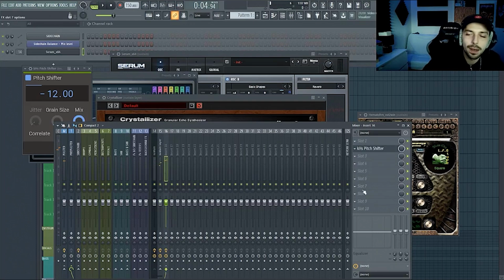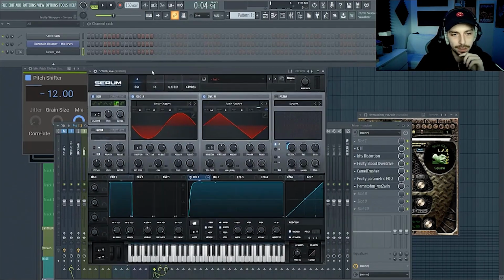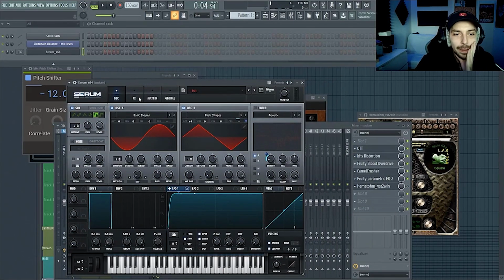So yeah, that's mostly how I do my sustained bass in FL Studio. I use different wavetables, I use different effects, but that's mostly